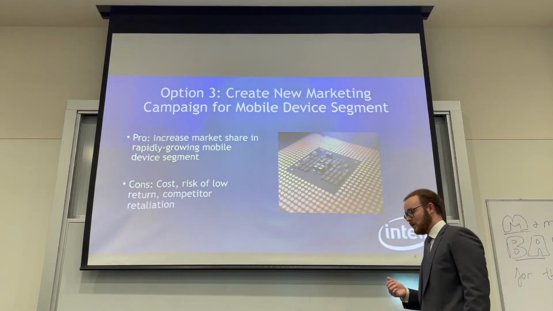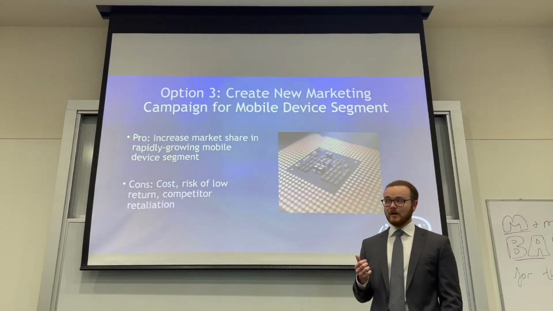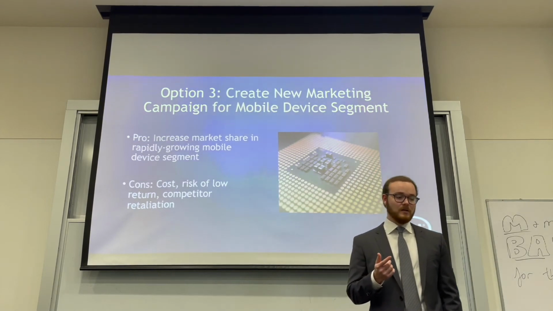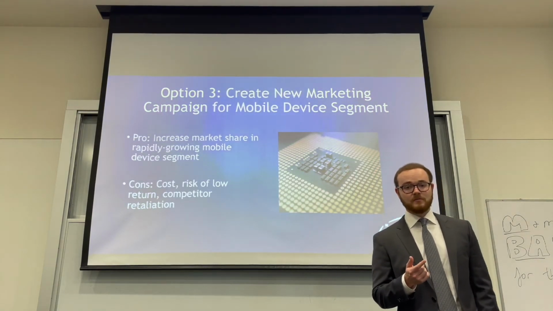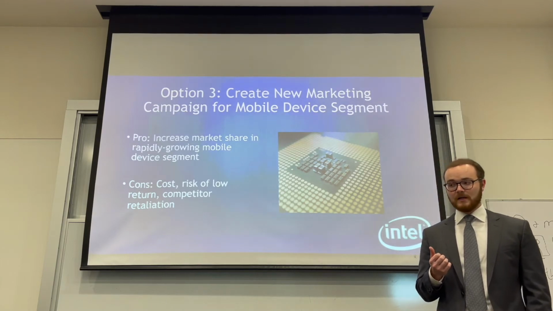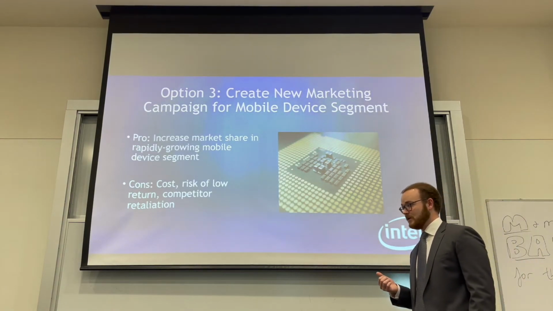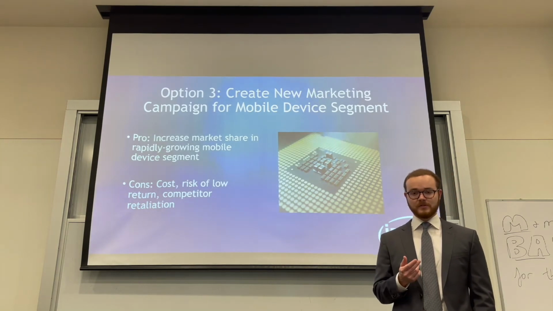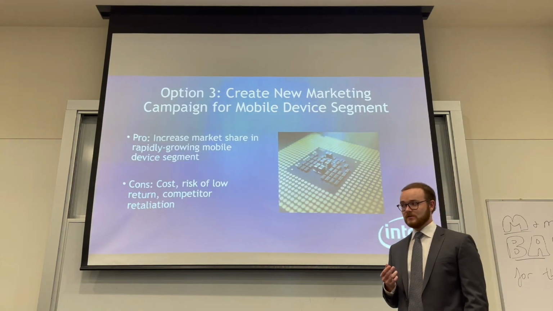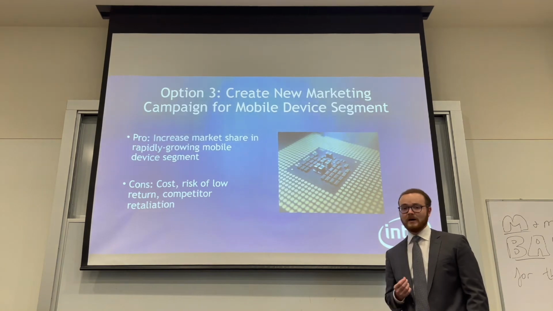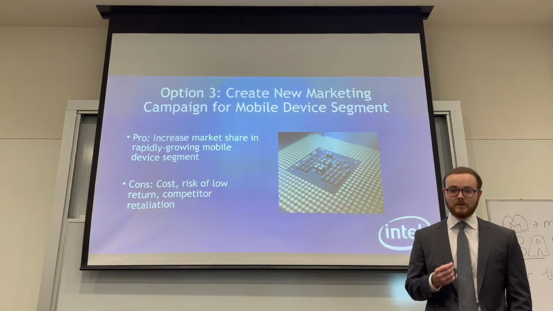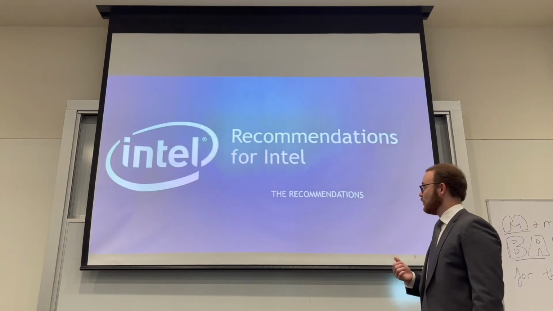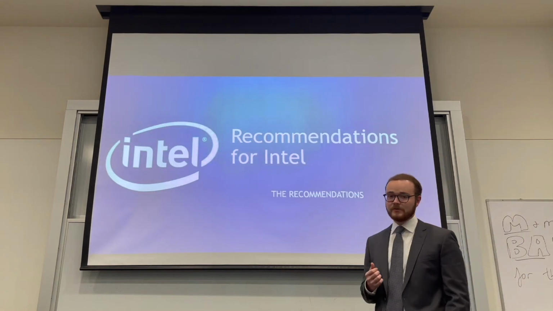There is a risk of low return, and additionally, there is the risk of competitor retaliation. So making waves in this market will certainly cause retaliation from TI, Motorola, and Qualcomm, the three leaders in this segment, and that is certainly something that we will have to address in the following segment that Amlan is going to present to us. So with that, I will hand this over to Amlan,